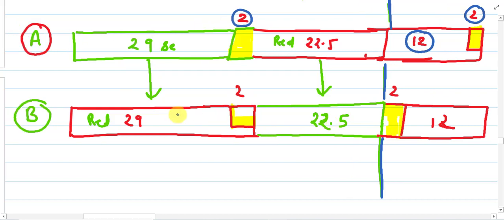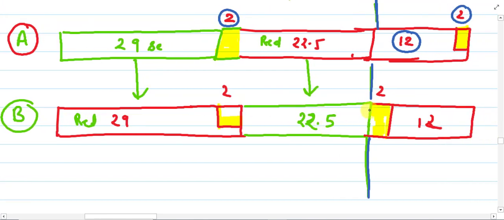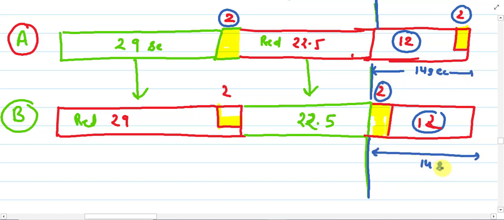Okay, in the next phase diagram for road B, after the green time, we have a 2 second clearance time, which counts as lost time, and after that, we have 12 seconds. So you can see that here the distance is 14 seconds, and similarly this 14 seconds is represented by this figure, which is for road B. So after the red time, we have 2 seconds of red amber time. If we add 2 plus 2 plus 12 for road B, we again have a lost time of 16.